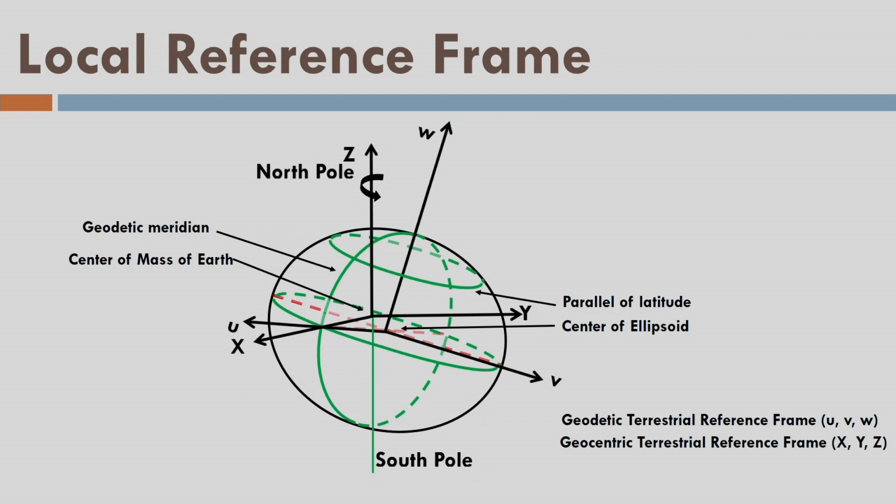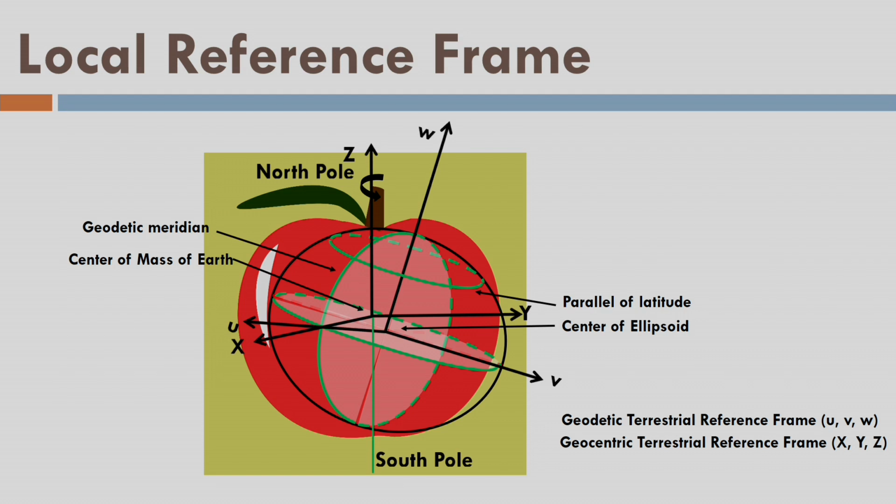Okay, what about the local reference frame? Well, again we are showing a geodetic reference frame and a geocentric reference frame on the screen, and all the terminologies which are relevant to the two are also shown. Now let us imagine that there is an earth and I am showing the earth by the apple surface. So on the apple surface, let us say there is a terrain surface which I am trying to manifest. So point Q is there, and on the point Q, if I define a reference frame in order to work on the surface of the earth, such a frame is called a local reference frame.